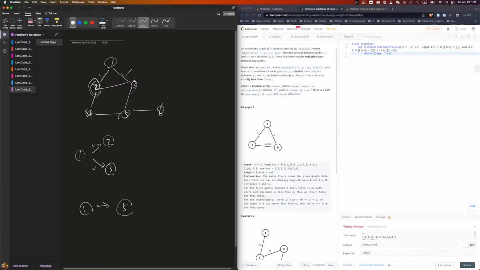Then we are at 2 and at 3. And the question is, how do we get to 5? Well, there are many paths to go to 5. But we want to find the smallest. It doesn't really mean the smallest. We just need to know if there exists a path that's smaller than. So each path is the smallest right now. And to get to 5, I mean, I'm not sure, but